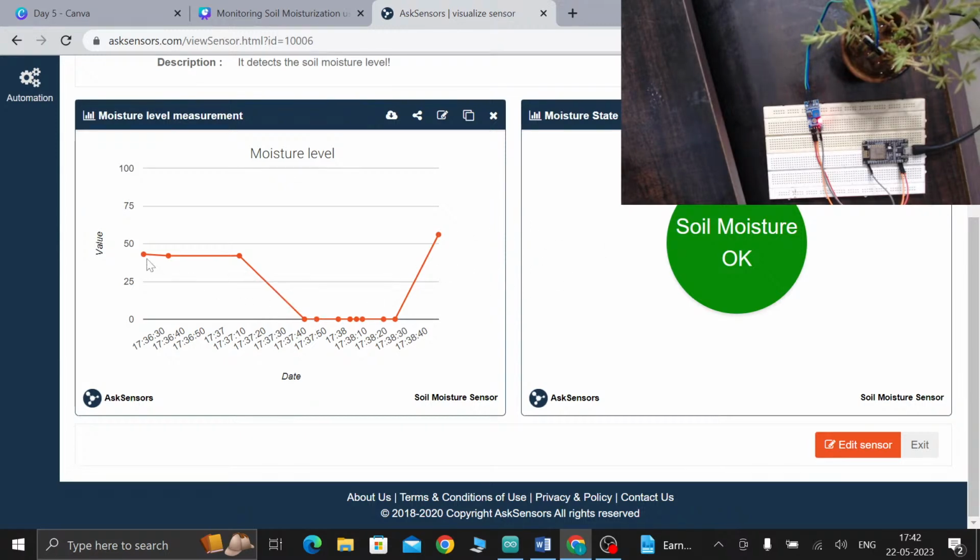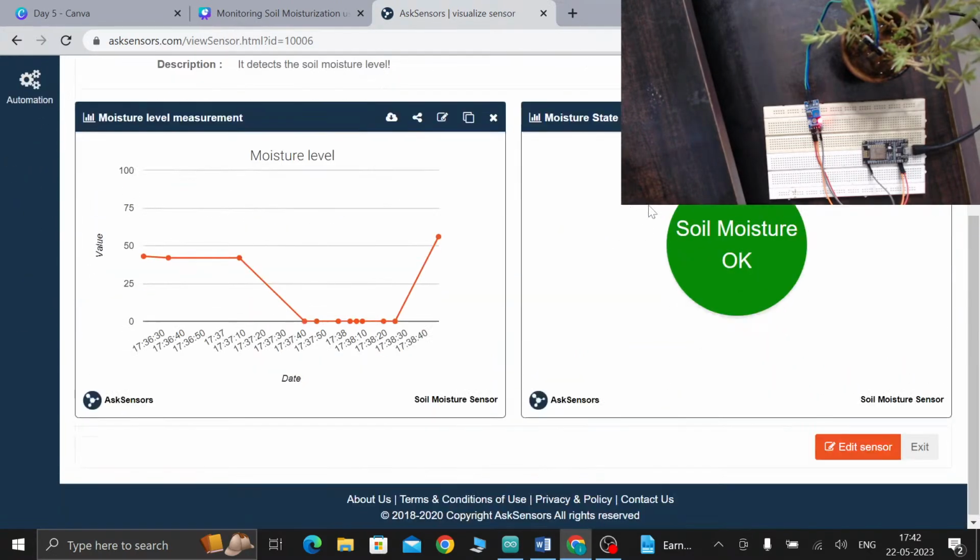So this is our output. Here you will get the graph like this. The last update was 1738. Here you will get the date, and here you will get the minimum and maximum value. Here you will get the alert. So this is all about our output. Is it clear? Do you have any doubts regarding the topic? Everyone, is it clear? Do you have any doubt regarding this?